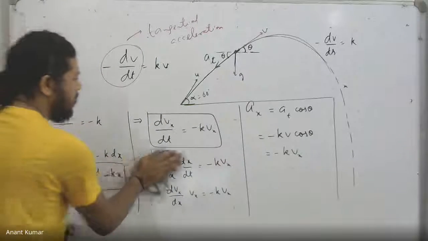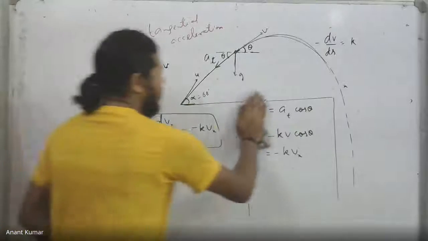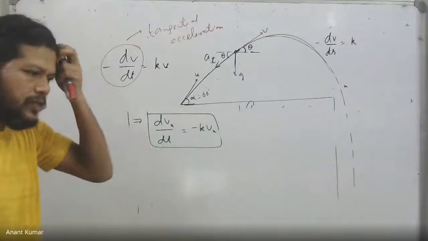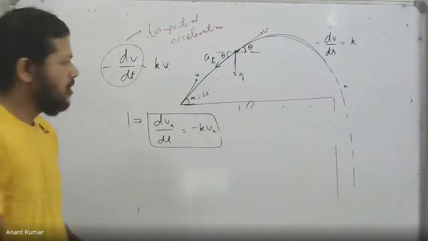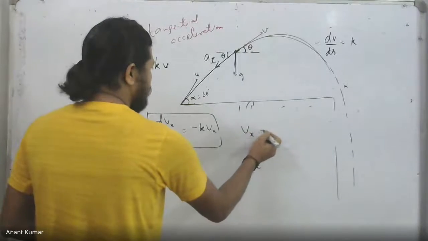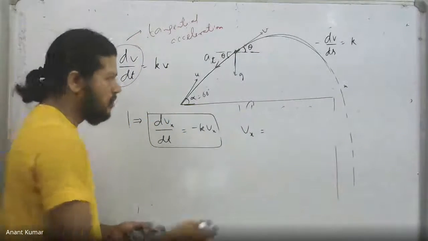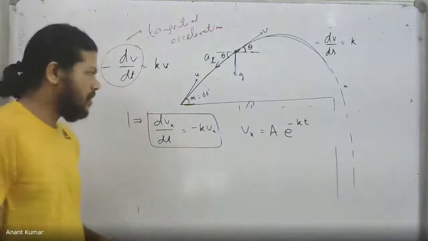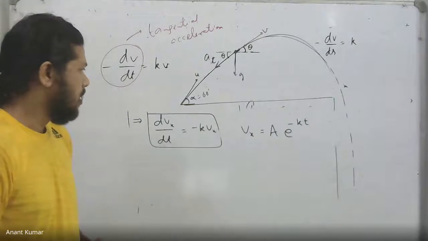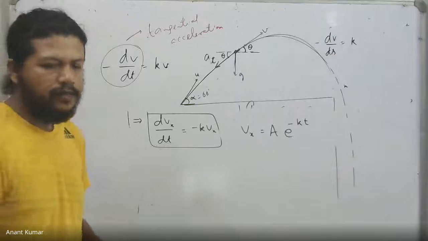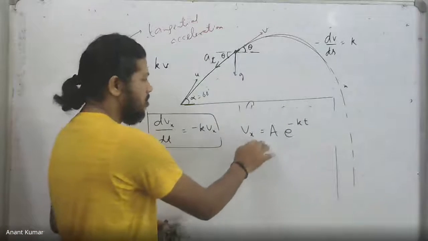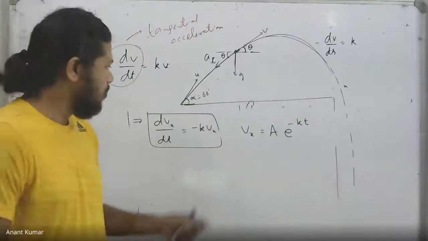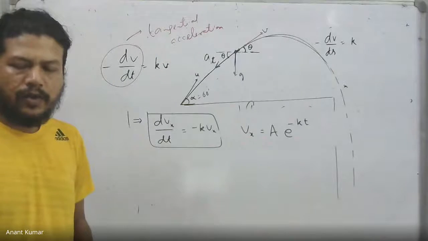It is saying that if I differentiate Vx with respect to t, I am going to get back a quantity which is proportional to Vx itself, which implies quite obviously that Vx needs to be an exponential in this case. So in fact, it gives us Vx as some constant A into e raised to the power minus kt. If I differentiate Vx with respect to t, A is just a constant, so utilizing the chain rule I get e to the power minus kt into minus k, which is minus k into Vx itself. So this is the required equation I'm looking for.